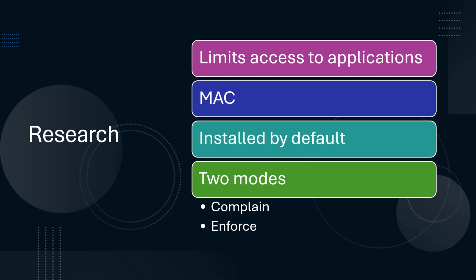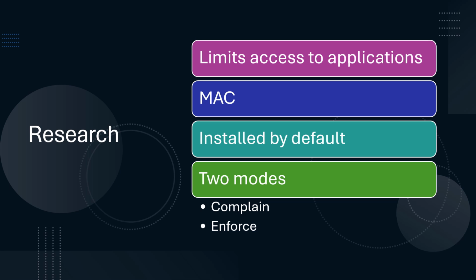The first mode is Complain mode. This allows for a profile to be active, but not forced to follow all specific rules. However, any violations of these rules will be logged so you can access them later. Enforce mode means that the profile is active and the rules are active. In this mode, if rules are attempted to be broken, the system will not allow you to execute that specific